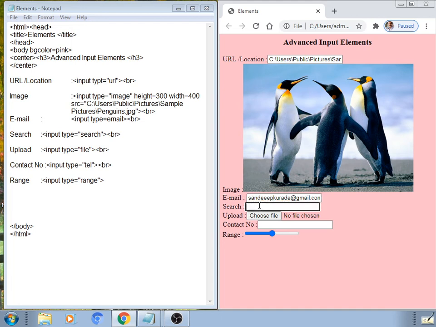Next field is search. To get search, as I have told, whenever you are using search engines like Google, Yahoo, there is a database server. When you enter some information, some unknown values and sufficient meaningful information regarding such concept, regarding such input, it is searched.